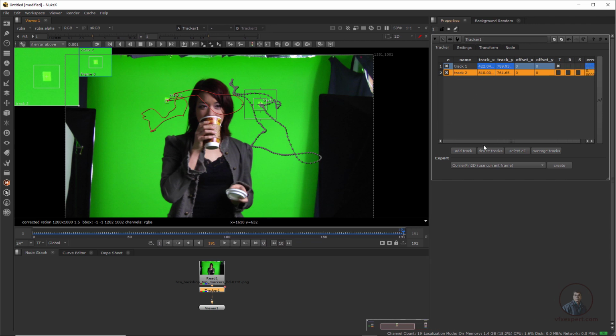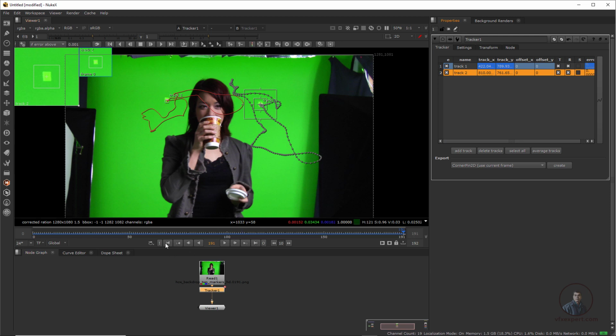So before exporting our tracking data, first we have to enable all these parameters. According to this shot we have to enable translate, meaning position, and rotation. This is important, remember this one. Here I've checked both points, and if you have any zoom in your shot then you can also check this scale value. This is important before exporting this tracking data.